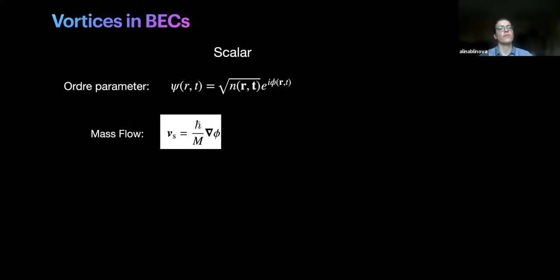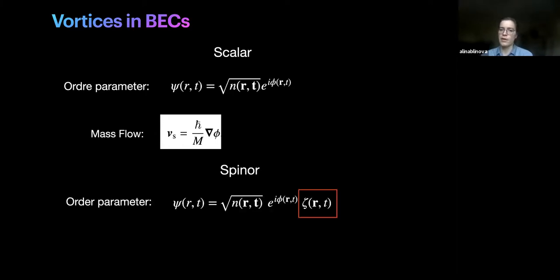So in the context of BECs, first to start with scalar BECs, we have our wave function, or as I will call it in this talk, the order parameter, which has a scalar density and your gauge or superfluid phase. So the mass flow around a vortex is simply given as so, and it depends on the gradient of phase. Now, in the case of a Spinor Bose-Einstein condensate, we have an additional term, which is a vector order parameter. So this zeta term,